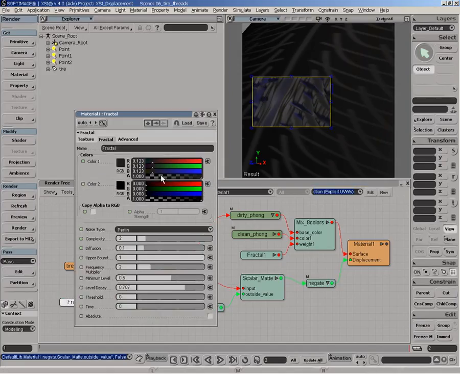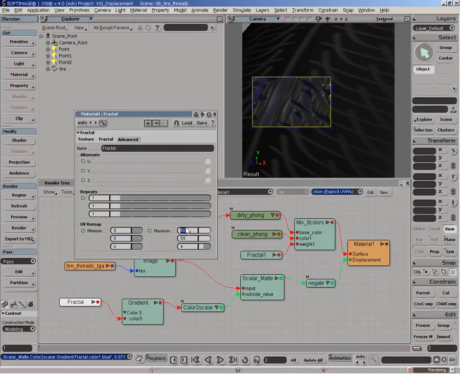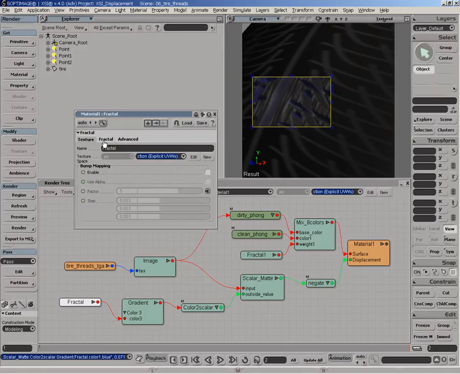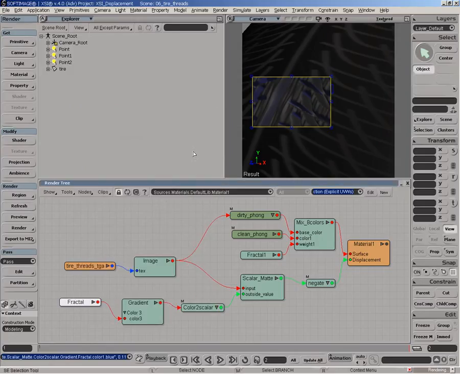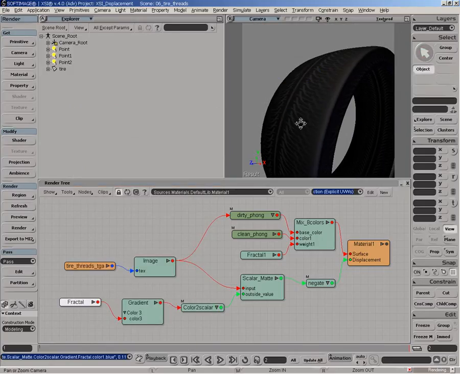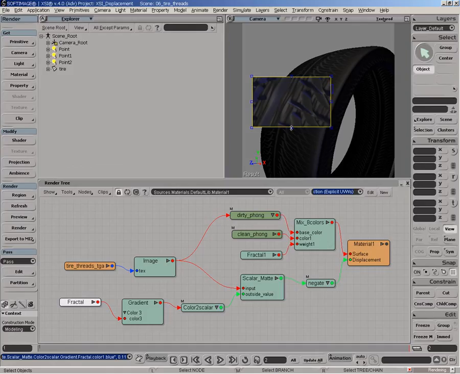By going to fractal, we can control how thick the actual height of these scratches will be. You can also control the frequency or density of the scratches. So if we go back here to fractal, we can adjust the thickness as we see fit. If I zoom back here,